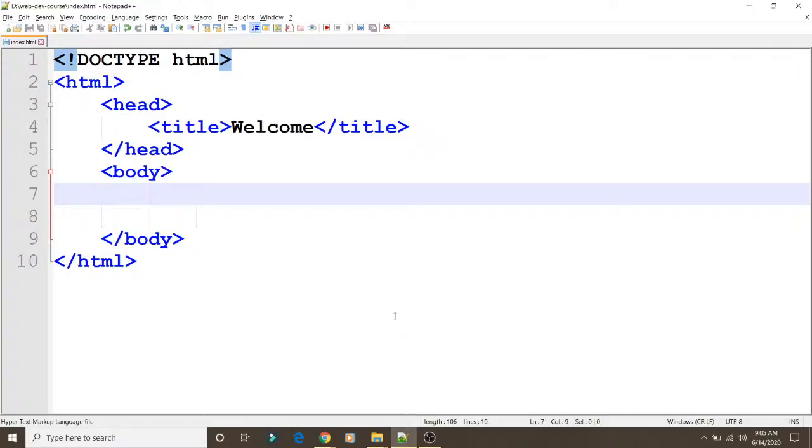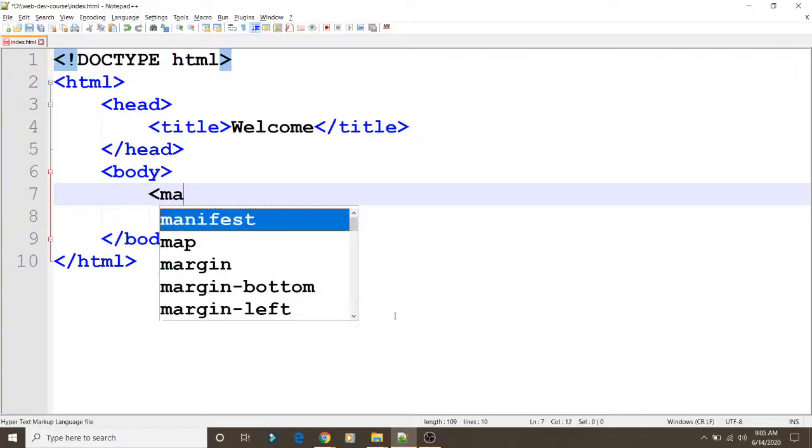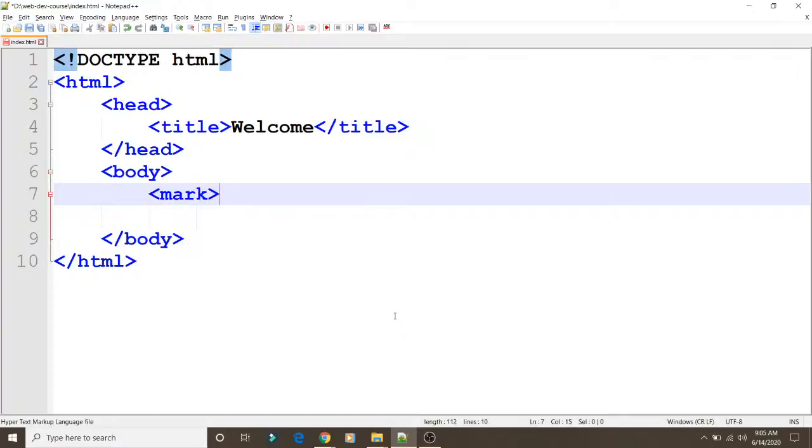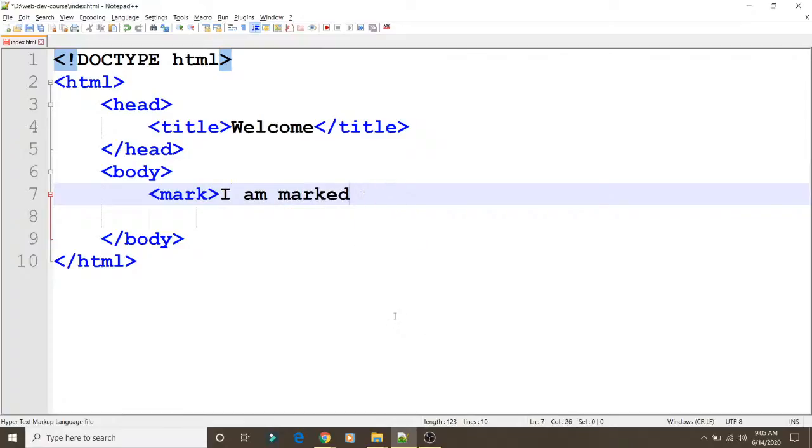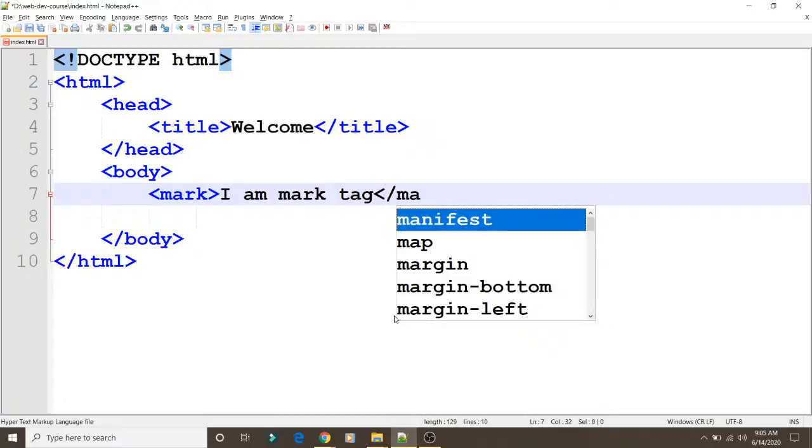For that sort of thing we have a tag that is called mark. It will work like this. Suppose I am in the mark tag. So we'll close this tag.